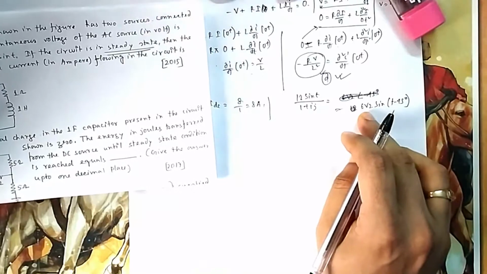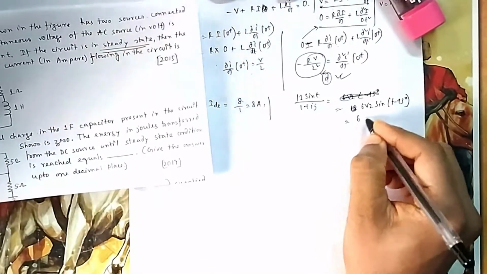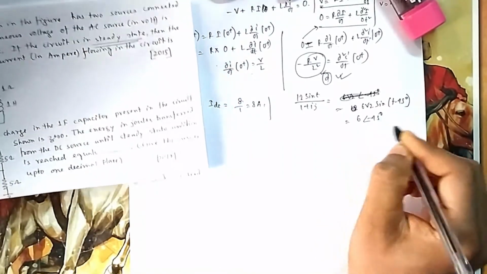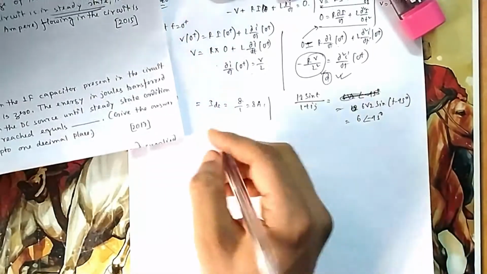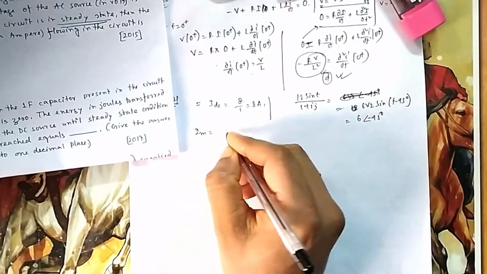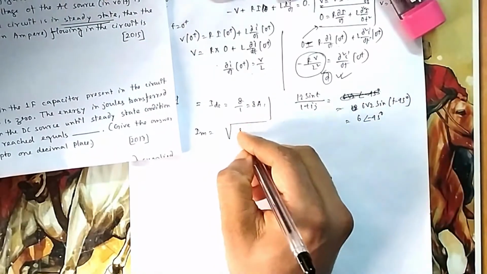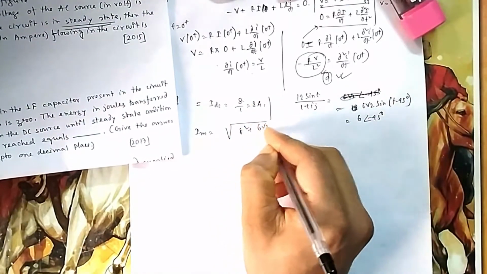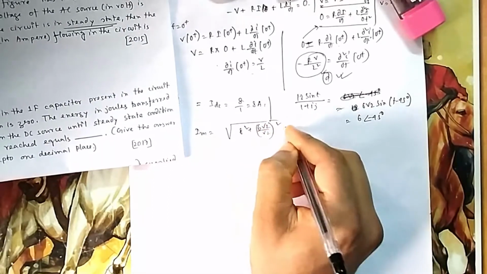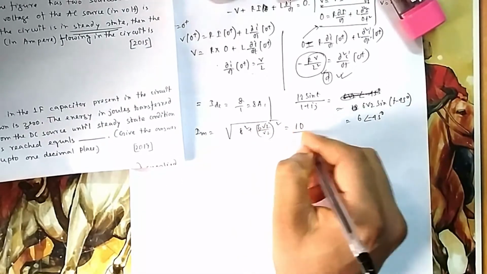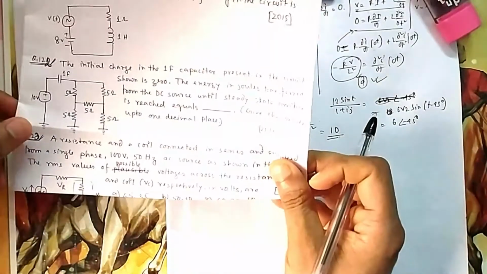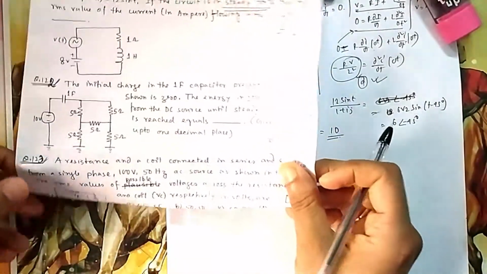Because in RMS I have to say it is 6 root 2 by root 2, it is 6. So that is the RMS value. So what is the overall RMS current? We know if it is a mixed signal, AC plus DC, this plus this current is flowing through it. So it is the square root of 8 squared plus 6 squared, which is equal to 10 ampere.